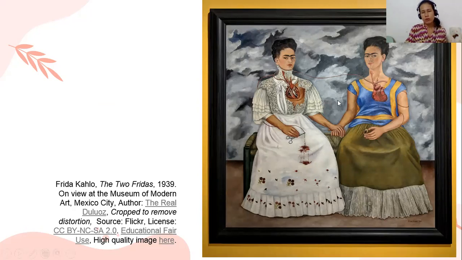So itong Two Fridas parang twin sila, pero actually self-portrait yan. Kumbaga sarili din niya yung pinaint niya diyan. But then you will be seeing here na parang may dalawang magkamukha sila, parang twins, pero they are wearing different attire. And they both show, parehong nakikita, okay, naka-expose yung heart nila. And then, dito sa isang part, parang simple attire lang meron siya, parang pang-ordinaryong tao. Ito naman is parang kabilang sa medyo mataas na level ng pamumuhay.